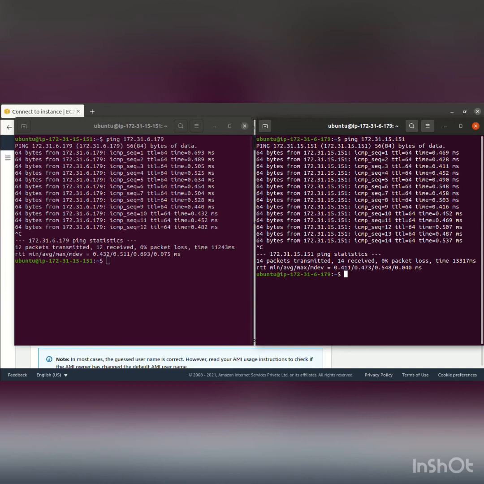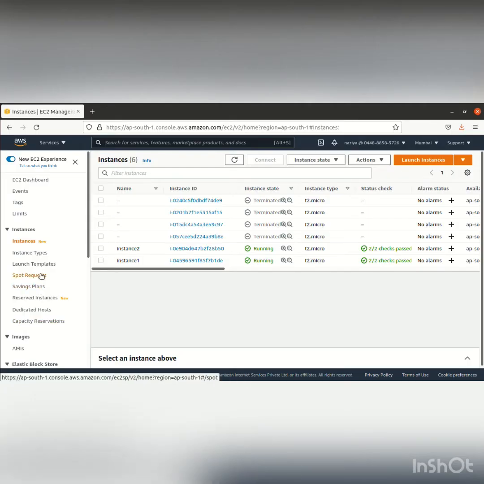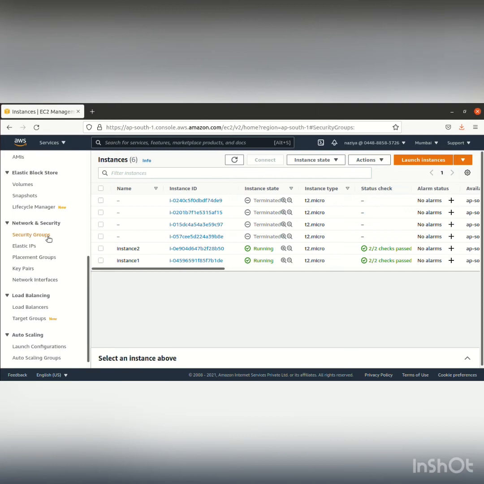So now we'll make some changes in the security groups. So let's go there, to these security groups.